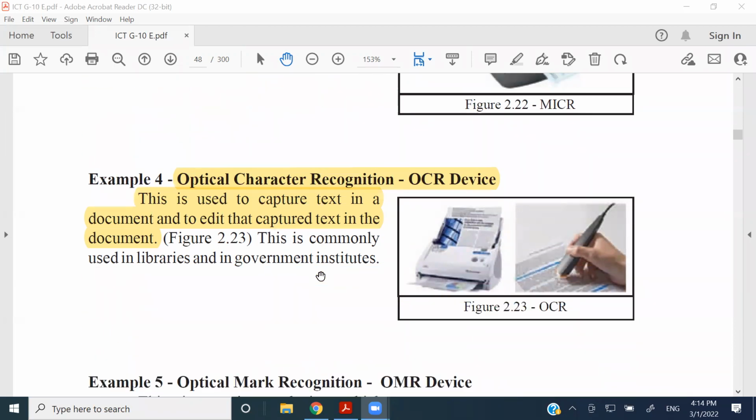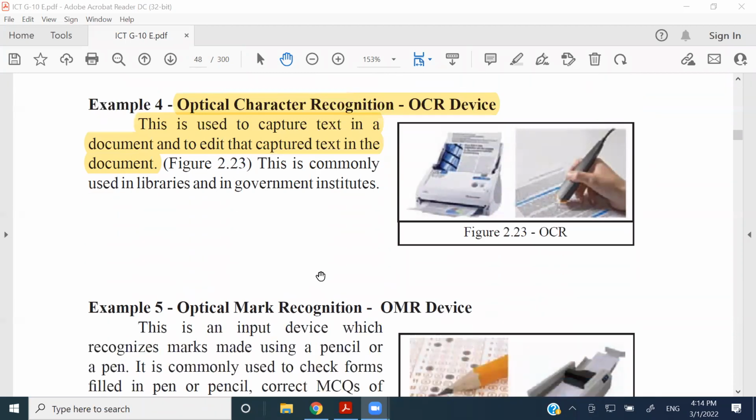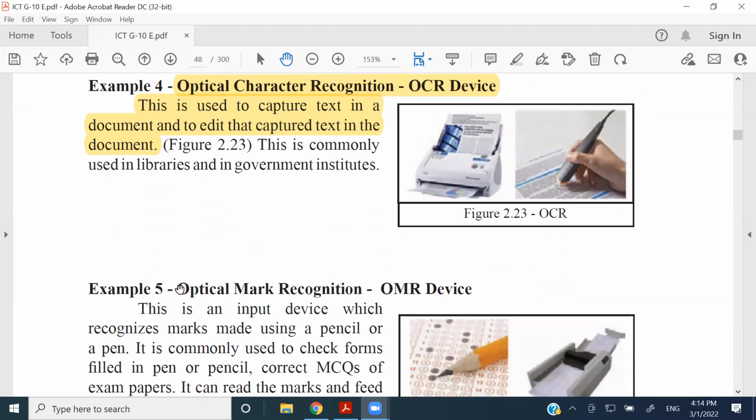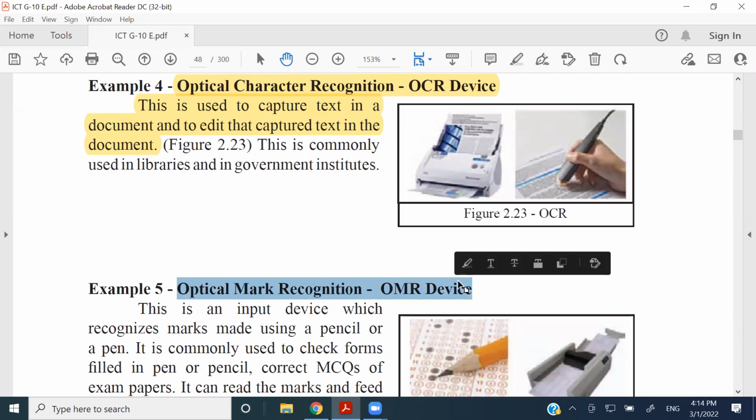So people who are done with OCR, let's go with OMR as well. Since these devices are new to you,